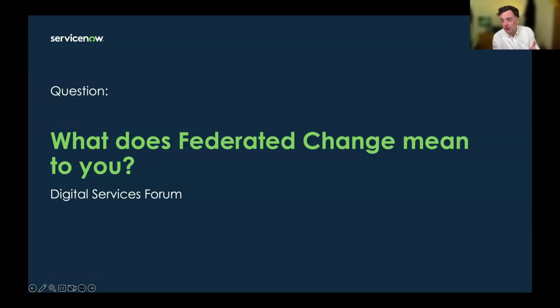20% said we're getting there, which is great. That means you're looking at federated change and ways of doing things. I'm interested to know, out of that group, maybe we can do it at the end of the presentation, how you're doing that with ServiceNow, whether you're following the same ideas that I'm going to present to you, whether you're doing things differently, whether there are things I can learn from you, or vice versa. And around 8% said they already have a federated process, which is great. So they're in that space looking at federating change so that teams can work at different velocities and have different ways of working. Okay.